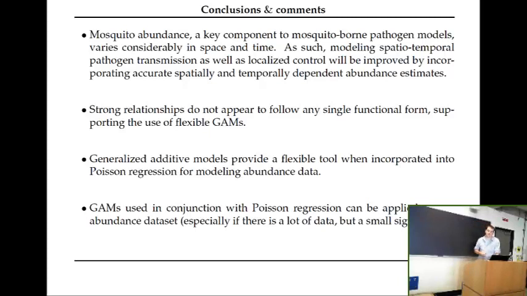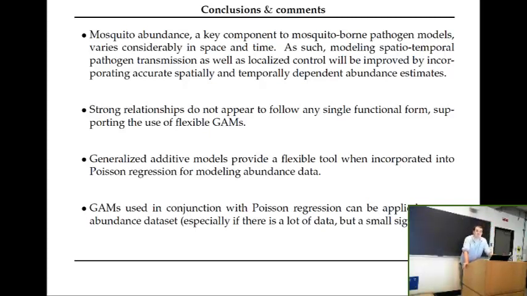Generalized additive models provide a flexible tool when they're incorporated with Poisson regression for modeling abundance data. If you went through the effort of doing this and you still found you had overdispersion, there's absolutely no reason why you couldn't incorporate a GAM with a negative binomial regression. Any generalized linear model you can think of, you can then stick GAMs onto it to allow for flexible functional forms. And then finally, GAMs used in conjunction with Poisson regression can be applied to any abundance data set,